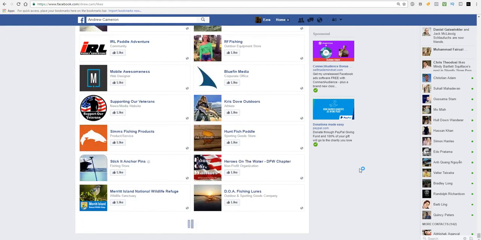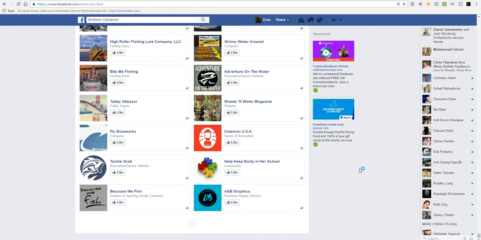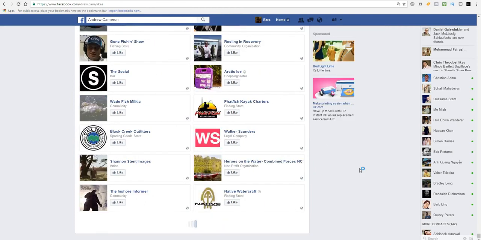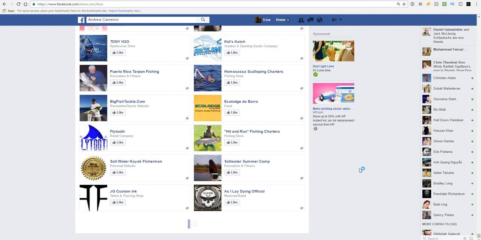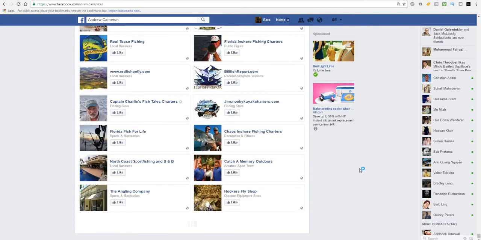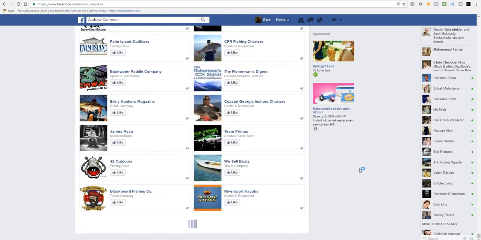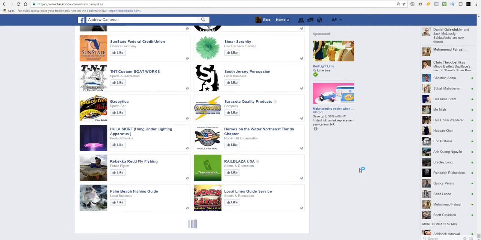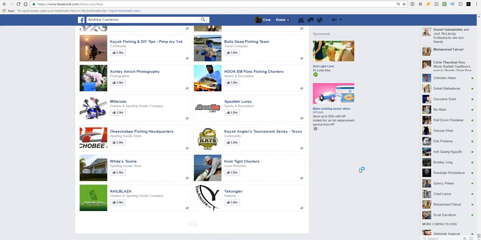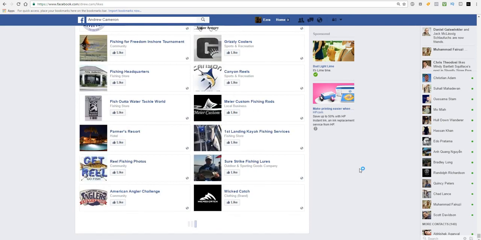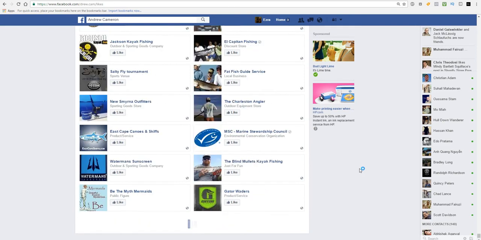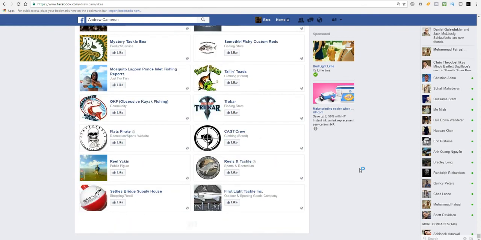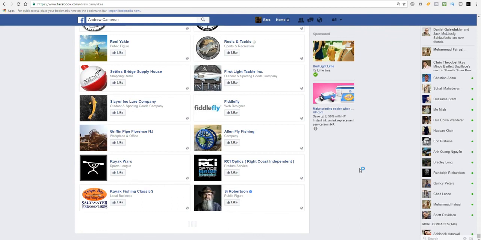I've been sitting here for a good minute and a half now. As you guys can see, this works flawless. No matter how many pages this guy, your niche rep, likes, this will scroll for you. No need to hold the end key, no need to hold page down, no need to do anything further but sit back and let the machine do the work. It's going to go in here and grab all of the keywords, all the fan pages with the keywords, and leave it up to you to just do that quick delim